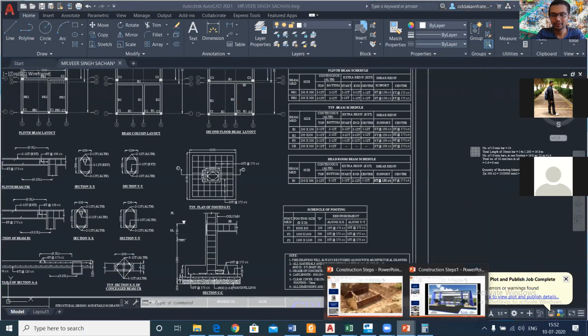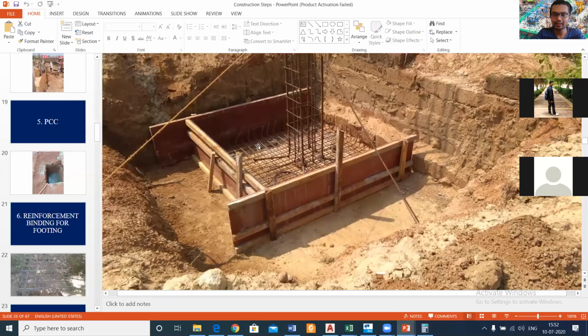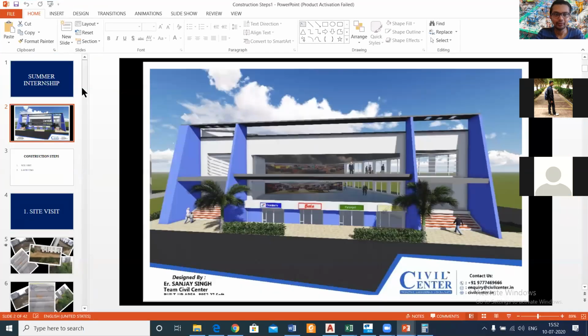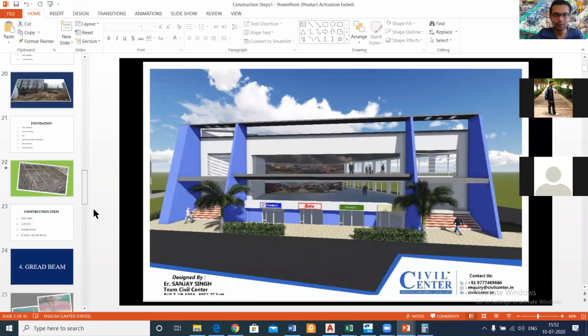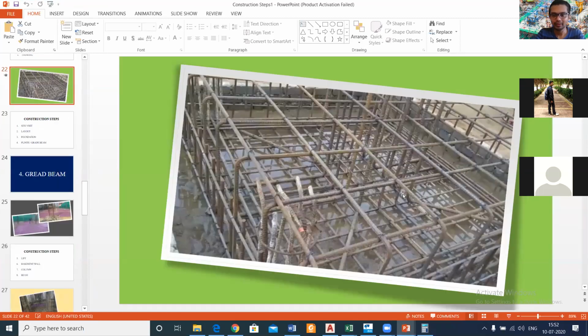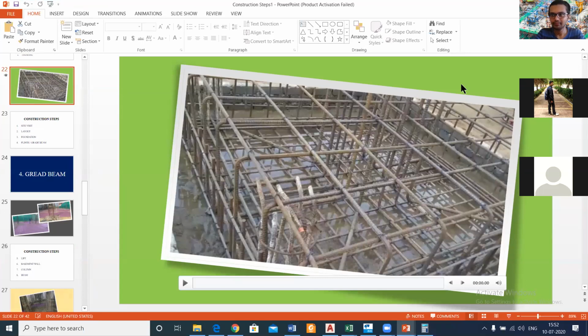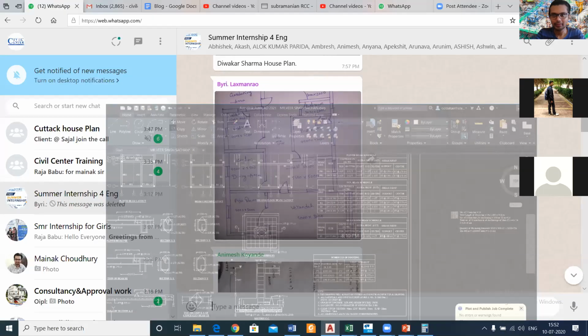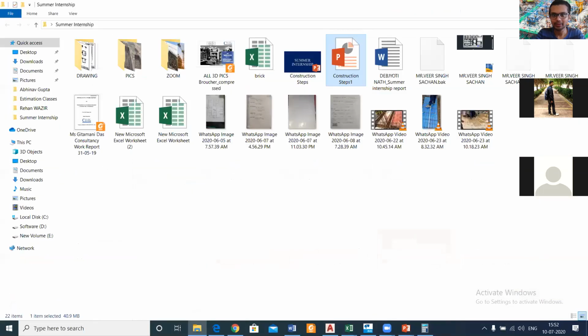As you can also see in the pictures of your site, it is only at the bottom. So it's not at the top. It's not necessary that it is at the top and the bottom. And in the case of this pile cap, which we had shown you, the reinforcement was both at the top and the bottom. We'll also show you the structural drawings here, and then we'll clear it out. This is a good doubt and nice observation which you had. If you have such observations, you can become a successful civil engineer. It's a good question.